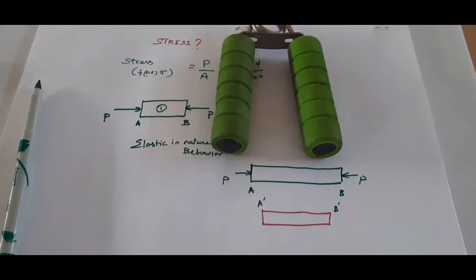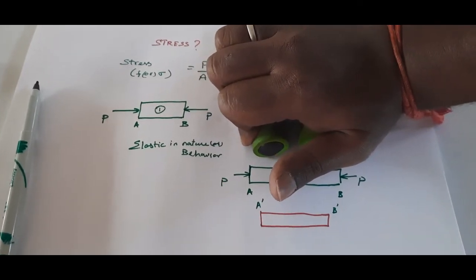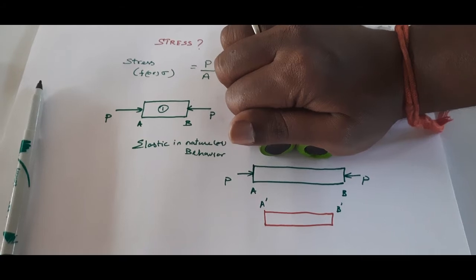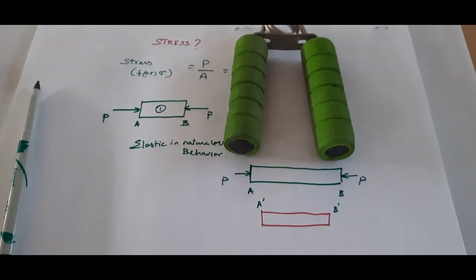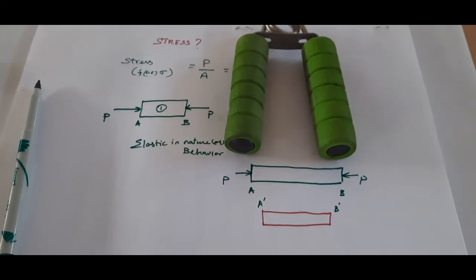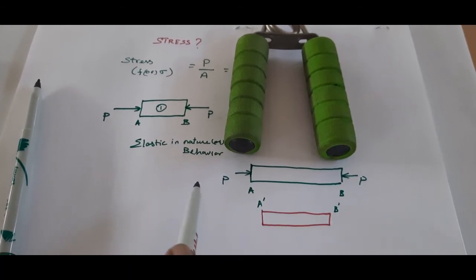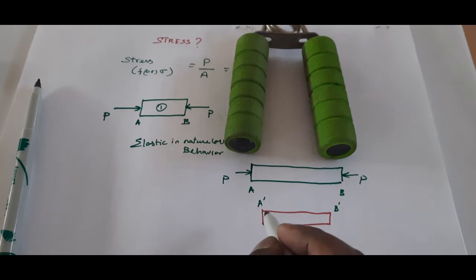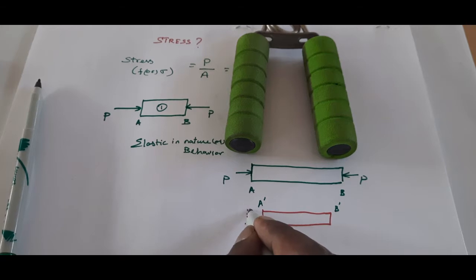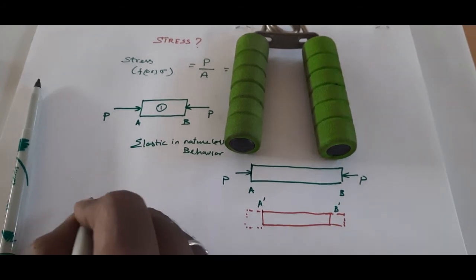Here you just see it again. I am pressing this, which means I am loading. The P has been loaded. Now when I release it, it comes back to its original position, which means I am releasing the load. I am nullifying this P and it again comes back to its original position without any external force. That is very important here. From A dash, it tries to go back to its original position without any external load.